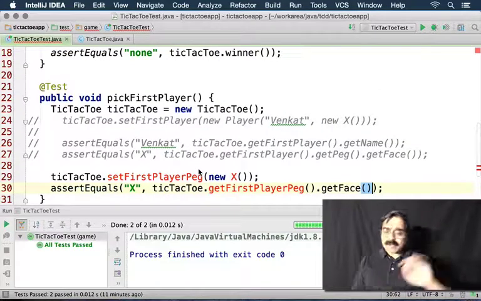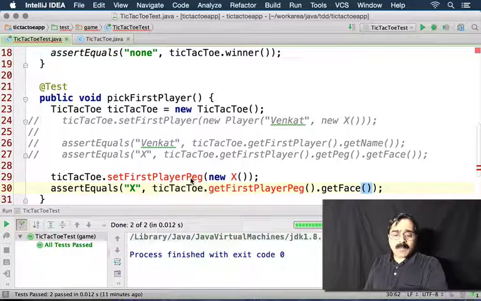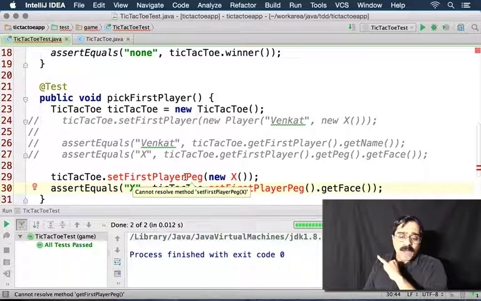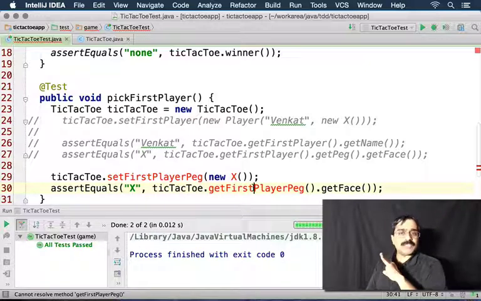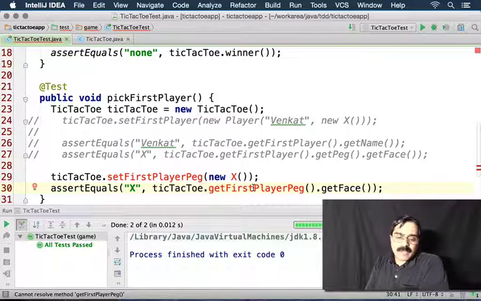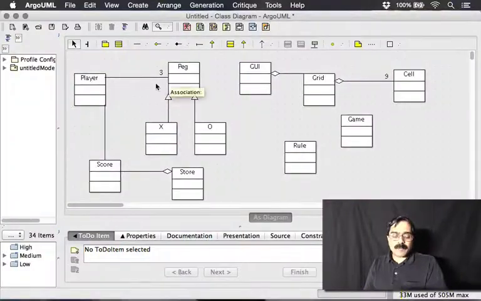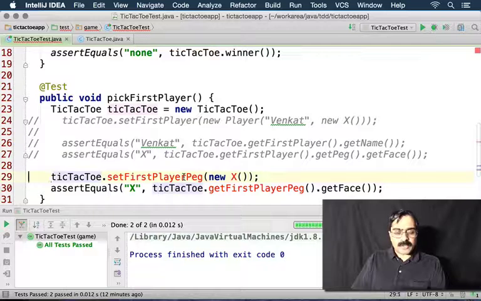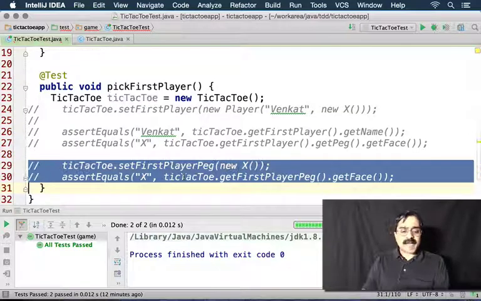Well, that's great. We got rid of the player at this point. But what about this? Well, if we're going to place an X, this requires us to create an X peg. And then, of course, we have to come back and make sure we create this. This requires us to create one method, one class, and one function at least for this to work. Well, that also probably is going to lead to creating a peg base class as well, as we can see up here. However, if you really think about this a little bit further, we are dealing with pegs after all,